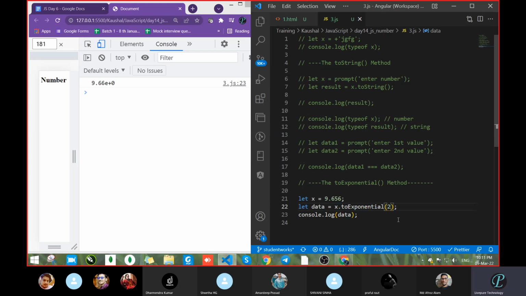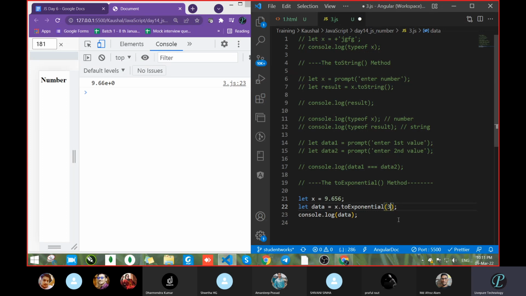Okay, pass here 3. Let's see what happened. It gave you 3. Pass 1. Are you getting what is happening here? When I passed 1, after the decimal only one value is there. When I pass 2, after the decimal 2 values are there and the remaining value will be e power.